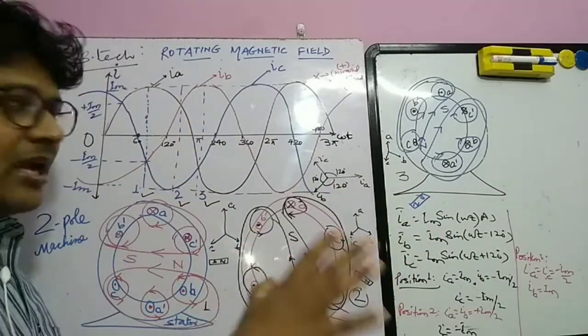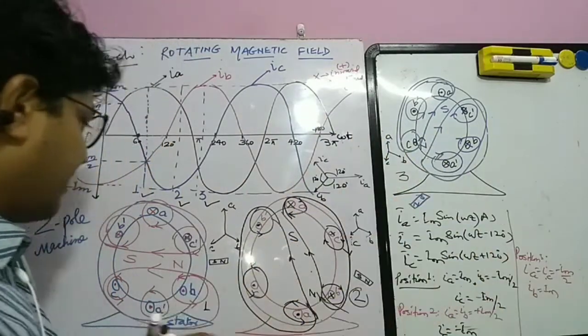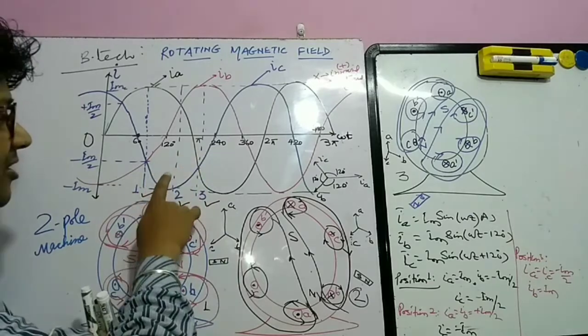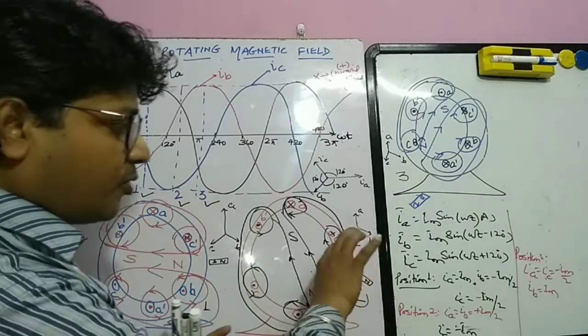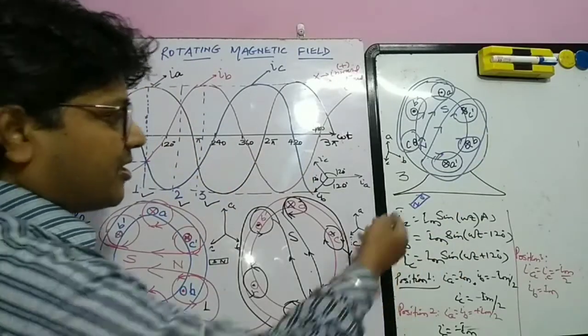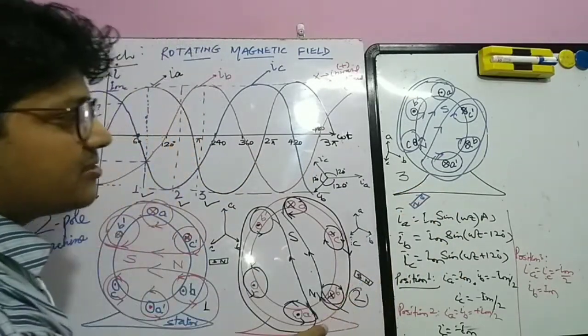So we can look here and take the conclusion that initially at 60 degree the pole was here, with a further 60 degree movement of current the pole shifts by 60 degree, and with a further 60 degree the pole again shifts 60 degree.